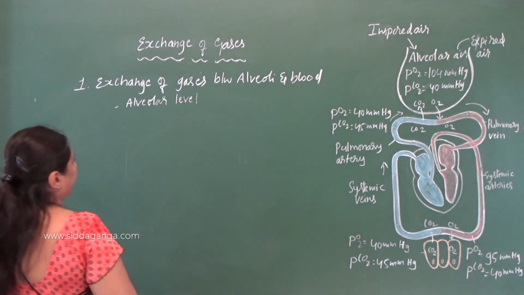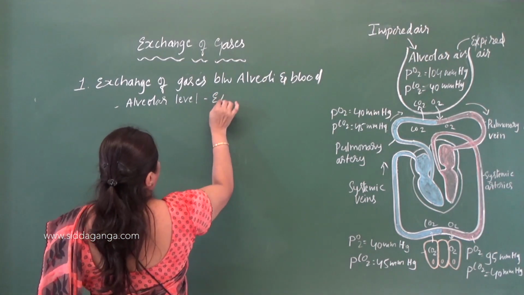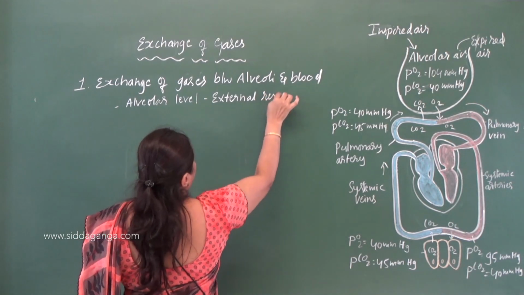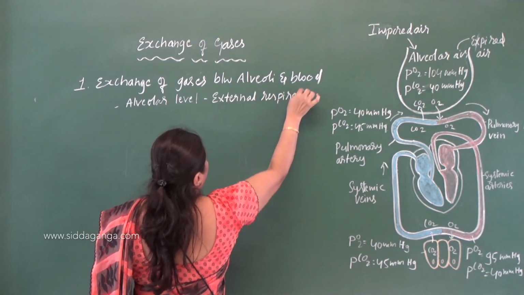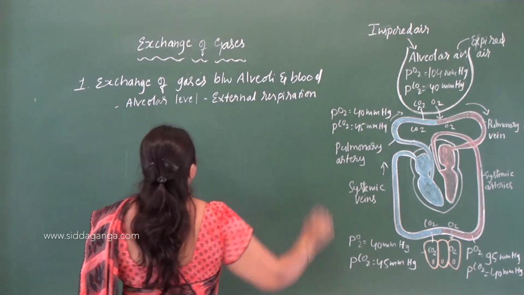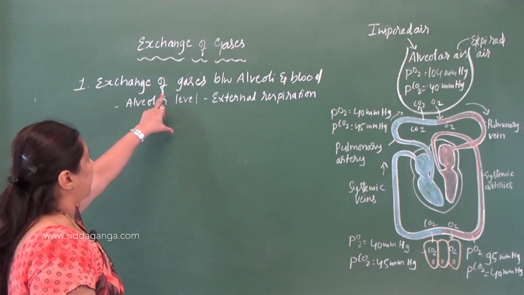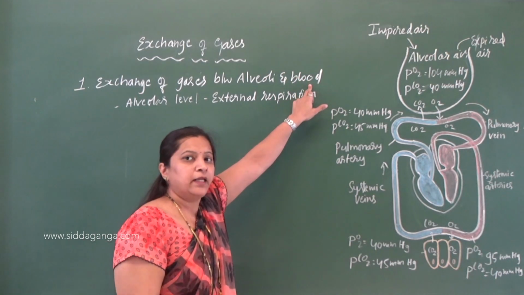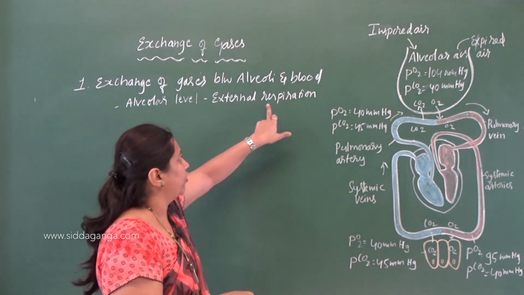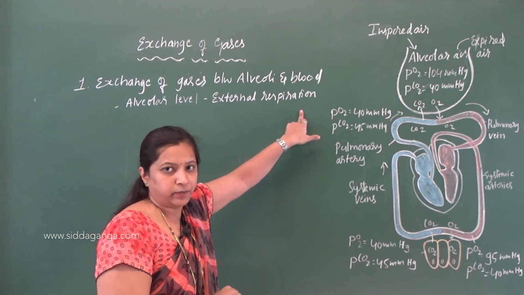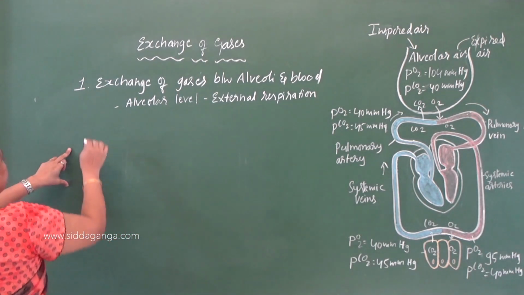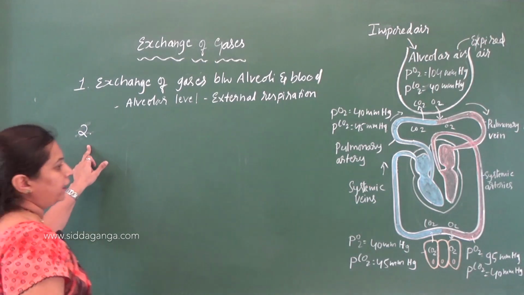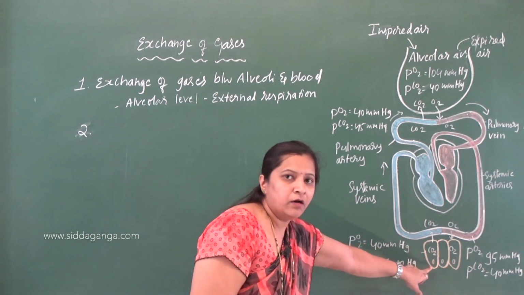Here it is called external respiration. So what is external respiration? The exchange of gases between the lung alveoli and the blood in the pulmonary arteries is called external respiration. Apart from this, the gaseous exchange also takes place between the blood and the body tissues,